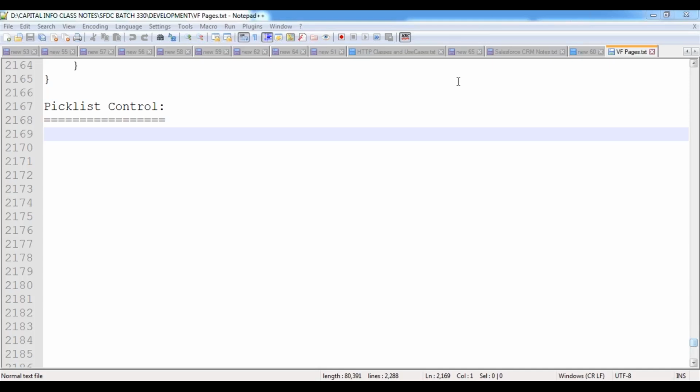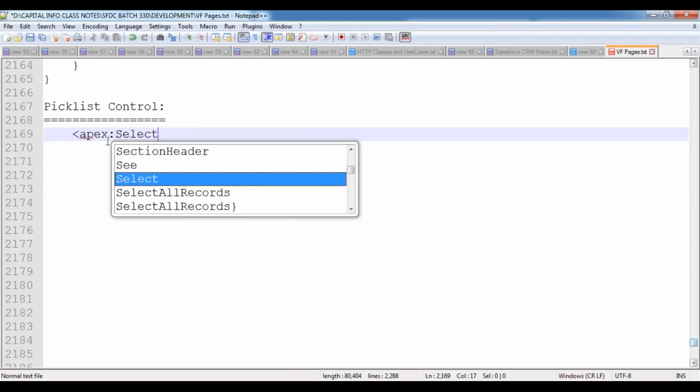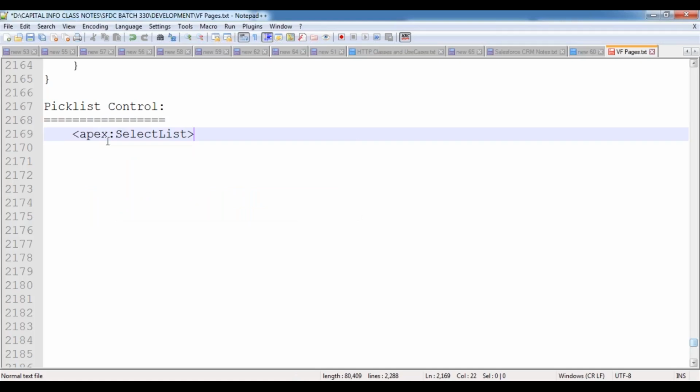So in the previous session, we discussed the picklist control, which is used to populate a set of values from which the user can select any one element. In order to prepare the picklist control, we use a tag called the apex select list tag. By using this select list tag, we can prepare a picklist control which is used to populate a set of elements inside it, from which the user can select any one of those elements